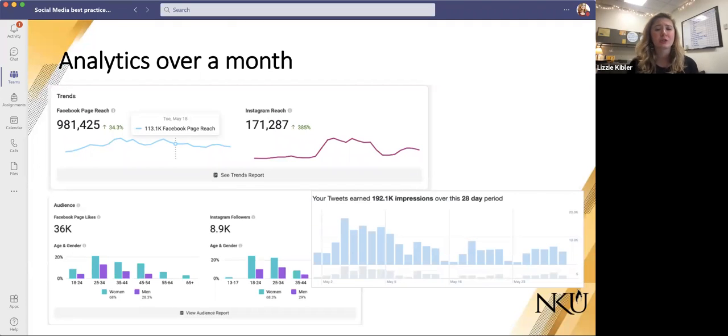Facebook and Twitter actually offer an option to customize when you want to look at it. Like I said, I could look at this in just the month of May, or I can do May to August and see that trend overall. So it's a really helpful tool. I actually submit a quarterly report just to kind of see what's flowing, what's working. And then our full campaigns get their own analytics that I just create myself.